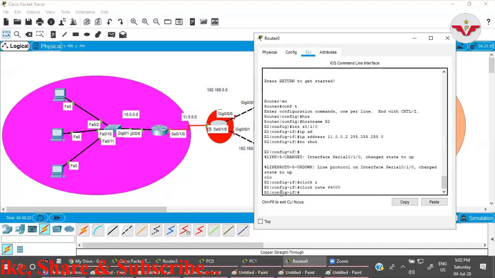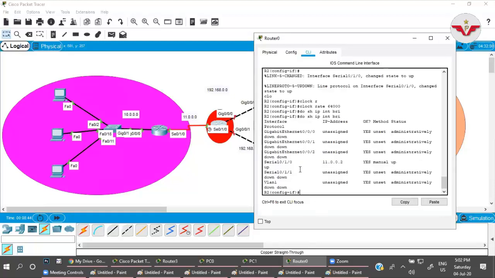Now this is done for this interface. Serial 0/0/0, where I have mentioned that. Okay, I think I have done it wrong. Let me check with show ip interface brief. Yes, serial 0/1/0 is done.